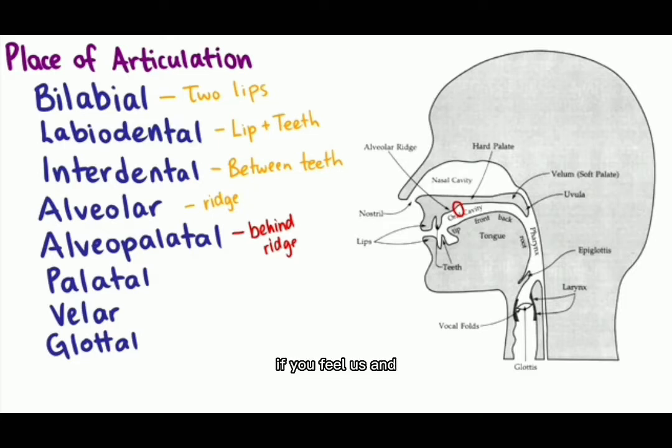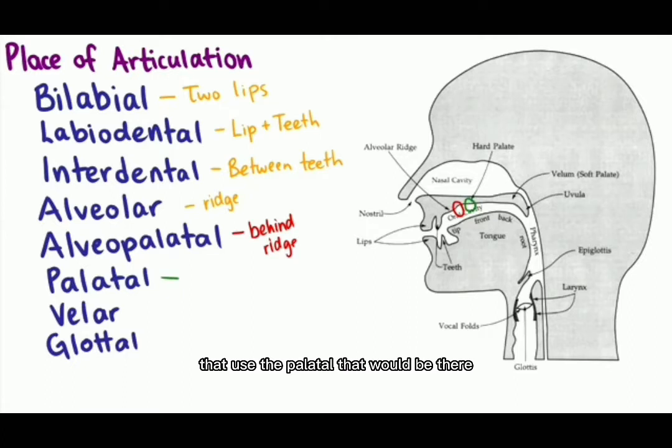If you feel "s" and "sh," "s" and "sh," you can feel there's a difference in how forward you are. "S" as in sip is on the alveolar ridge, while "sh" as in ship is a little bit behind. For palatal sounds, there's only one sound in English that uses the palatal,